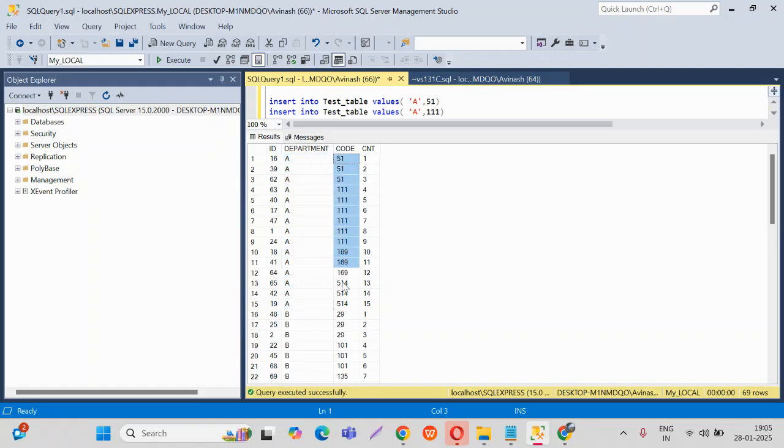And if you observe for all the department codes of A, it is in ascending order. 51 is the smallest, 111 is the next highest, next is 169, and 514 is the next highest. So it made the ascending order of the code data department-wise. It categorized the department, and it also assigned the row number serialization for all the employee codes mapped under the A department. That is, it assigned 1, 2, 3, 4, 5, up to 15